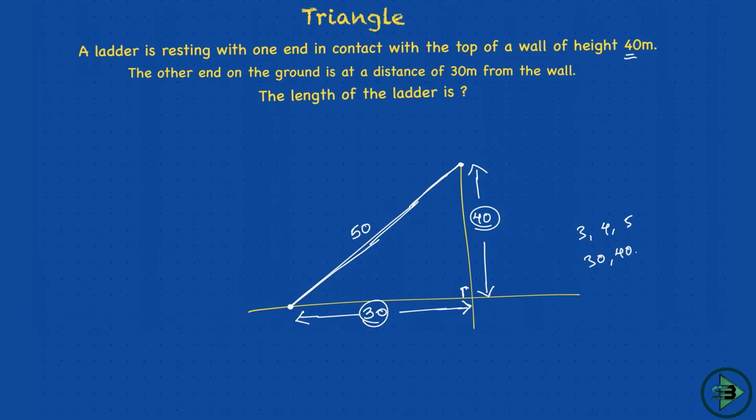If you are wondering what I did here, why am I not using 4 square 16 plus 3 square 9, 25, it is because there is a shortcut here, the shortcut that we have studied in Pythagoras triplets. Not only this, we know the shortcut for other Pythagoras triplets as well, which we have seen in the geometry class. That is what I had applied here. If you are wondering what the shortcut is, just go and refer to the triplets chapter of geometry, and you will know the shortcut for this. Okay, so let's move on to the next now.